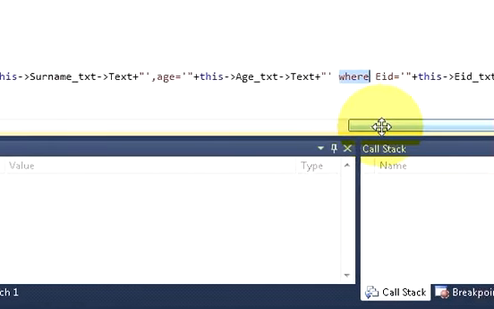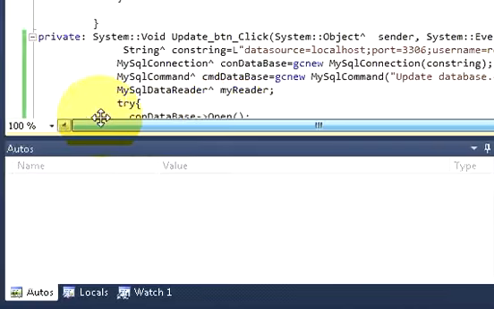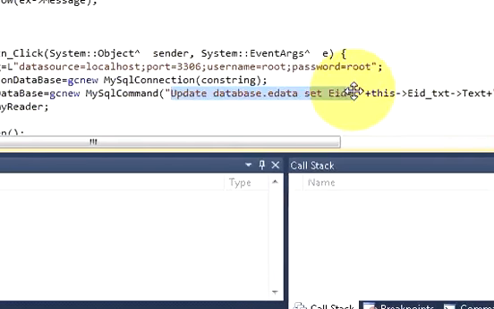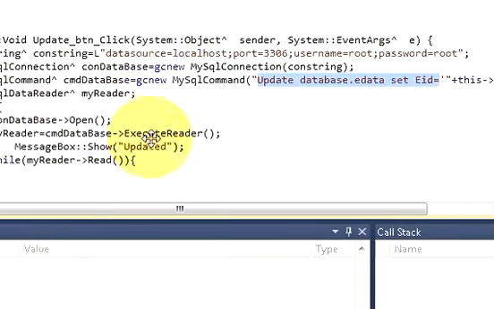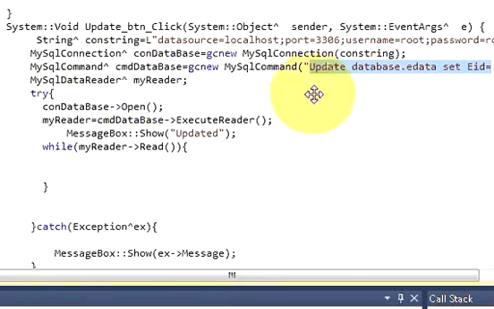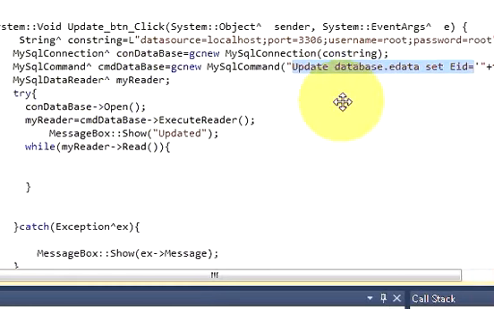So we have just changed in our code this update query and this message, and run our code, and our data is updated. So that's how you can update your database,